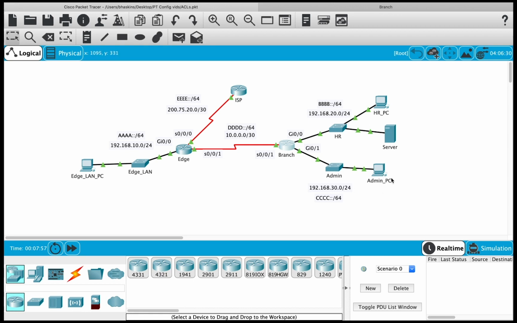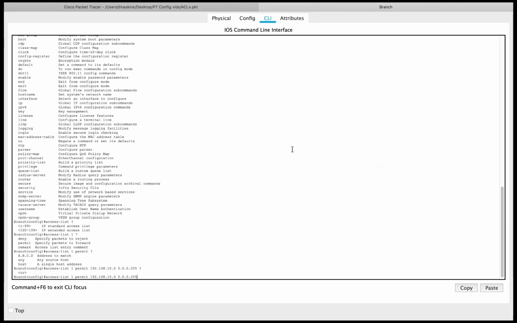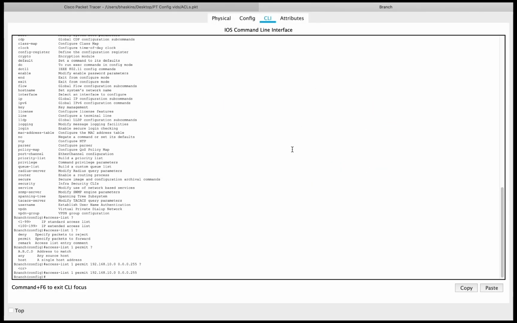But what we're going to do is not permit everything from this network. We are only going to permit traffic from that specific host. This specific host is 30.2. So we'll add that statement, and then we'll say access list 1